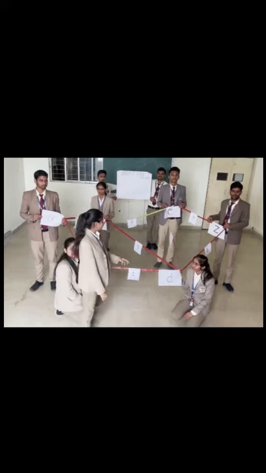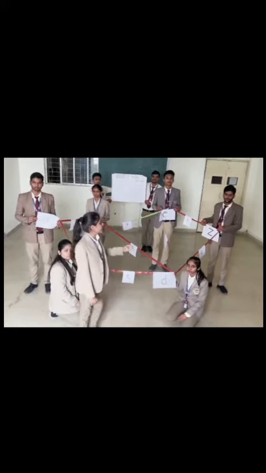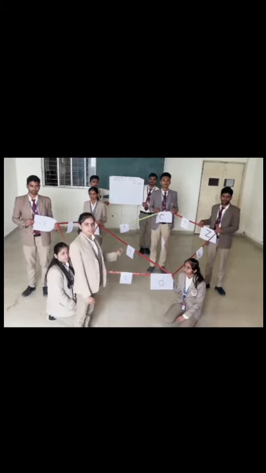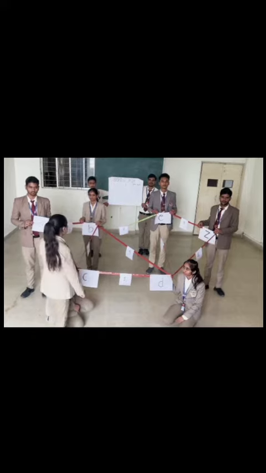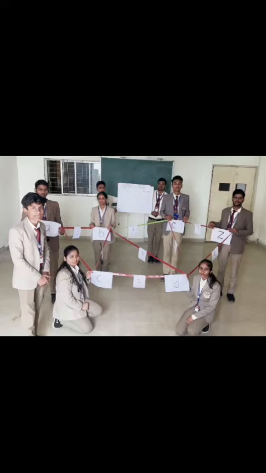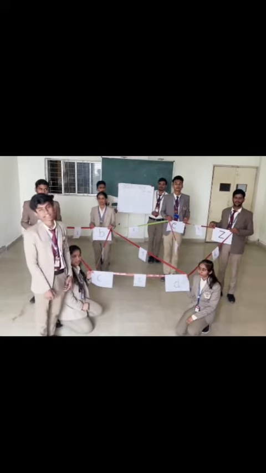And the distance from D to E is 3 and the distance from B to Z is 6. And the minimum distance from D to E is 3. And the total distance from A to E is 7. So, the final minimum considered path is A, B, C, D, E, that is 7.